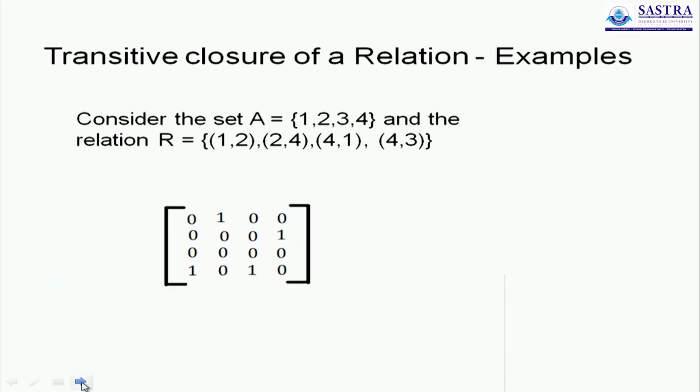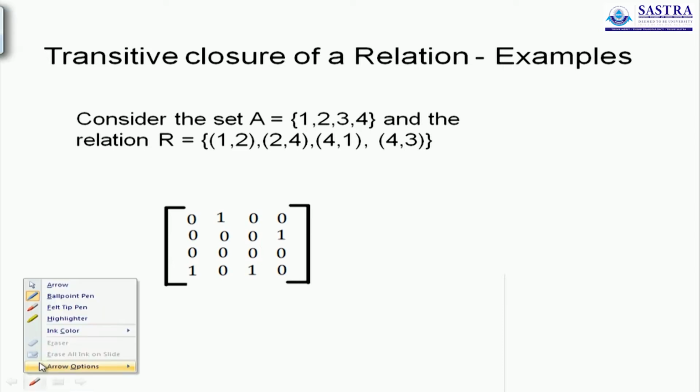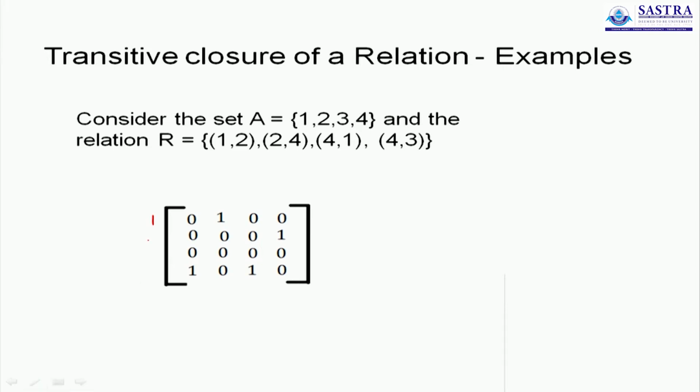So on your screens is a very simple relation defined on a set containing 4 elements 1, 2, 3 and 4. The relation has 4 ordered pairs, which means the matrix will have 4 ones and 12 zeros. You can identify them. Suppose I give the row and column indices as 1, 2, 3 and 4, then you can fill up the matrix yourself. By now you have got yourself familiar with how to fill up matrices. This should not be difficult.